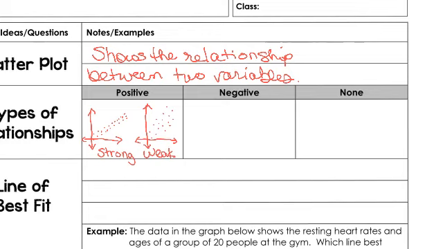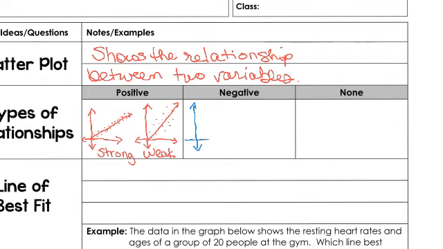Here, the first one's very strong and tight to the center. If you were to average it, you would see they're almost touching that line. But here, if you were to average it, the data is pretty spread out. And so this is a weak correlation, but it's positive still because it's going up and to the right, whereas the first one's strong. The next one, negative, you can probably predict,